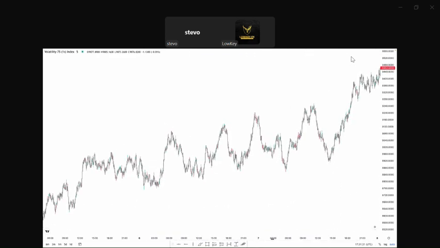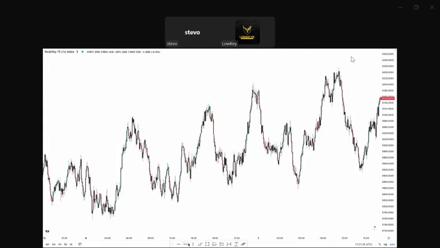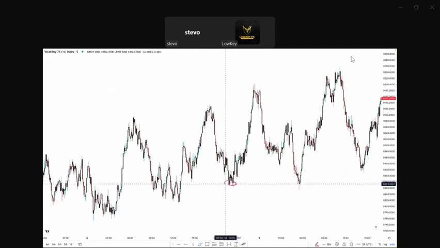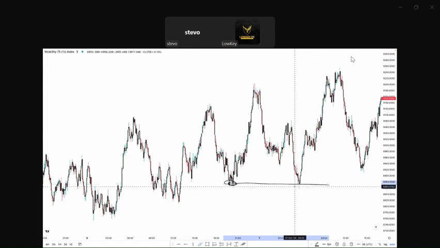Right here we have one among the most lowest structures. As you can see, this lowest structure right here gave us that buy trade. So the entry was from the most lowest structure, and also